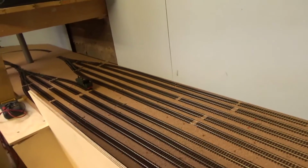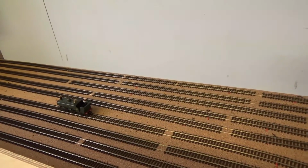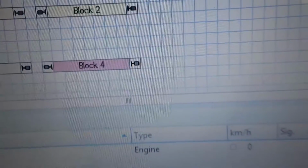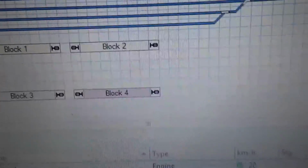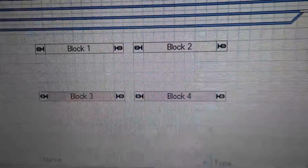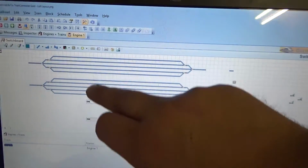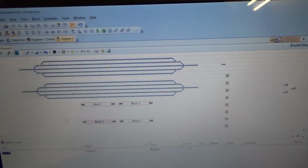And as you can see, it works. And you can see on that block there where it's detected it, and if I go back towards the end, you'll see it change to block 3. Right, it goes onto that. Ding, that's it. And it's within that little section at the end there. So that's all wired up. I've just got to move these blocks there and put them all on here. But yeah,